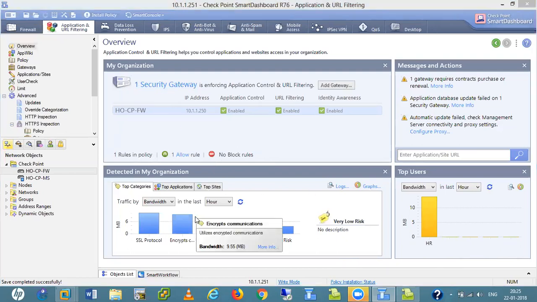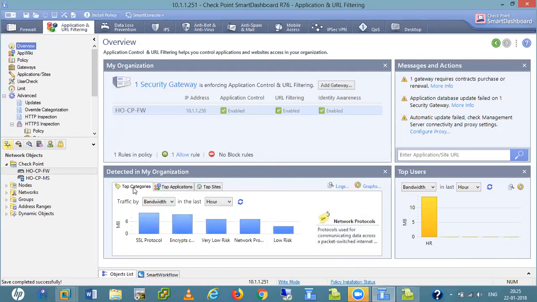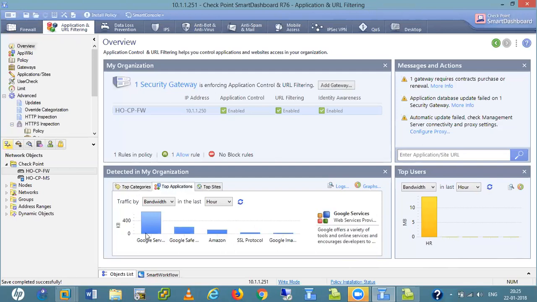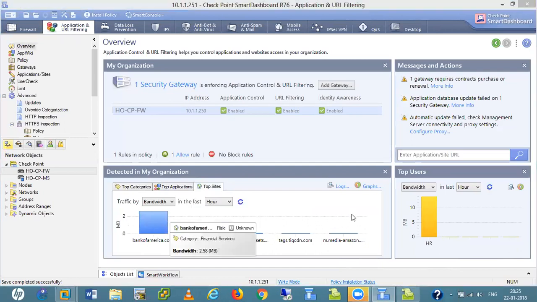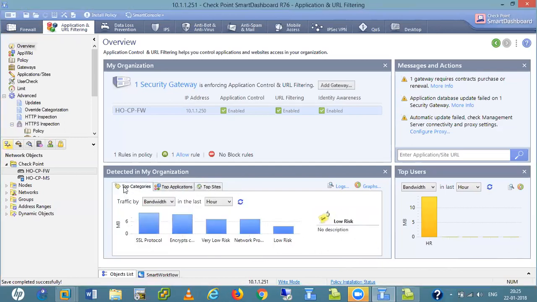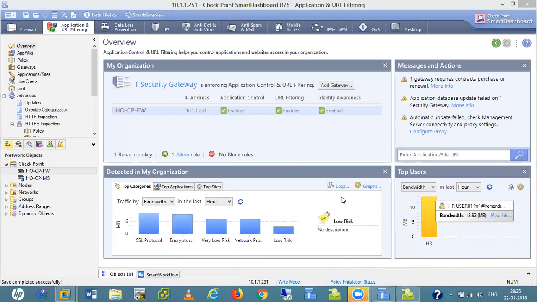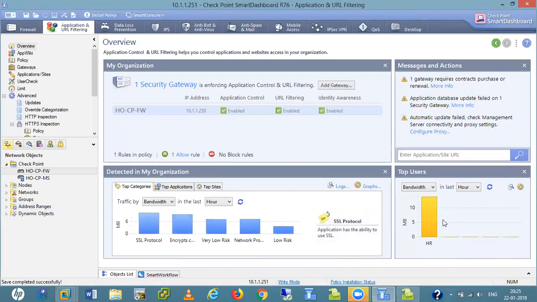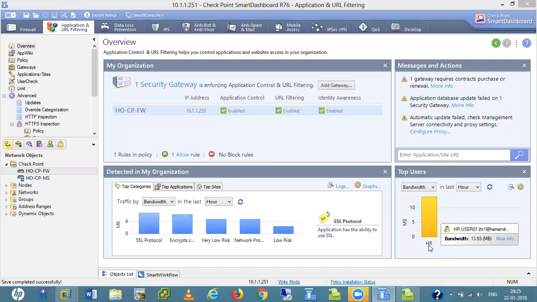Here we get top categories, top applications, top sites, and all this information. In my organization, if any action is going to happen, we get the information here. These are the top users. Right now HR1 is my top user.